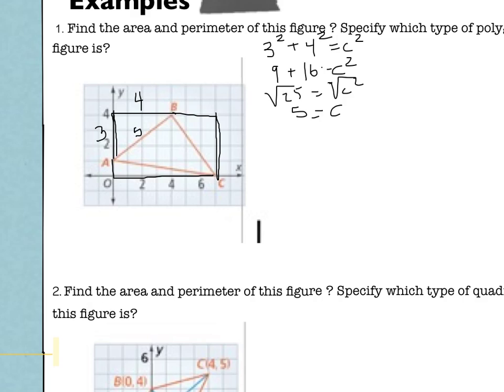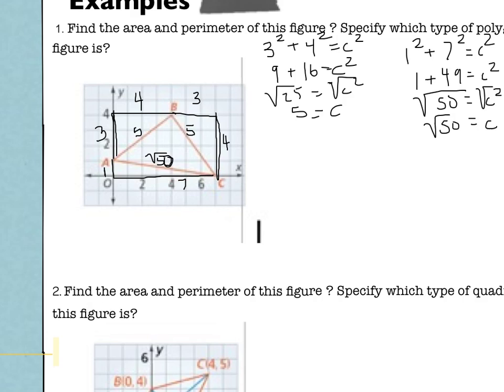So let's do the rest. So here we found all the sides now. This triangle here, 3, 4. BC turns out to be 5. And at the bottom we've got 1 and 7, which makes AC. This makes AC clearly radical 50. So now I'm able to say that the area of this figure is going to be